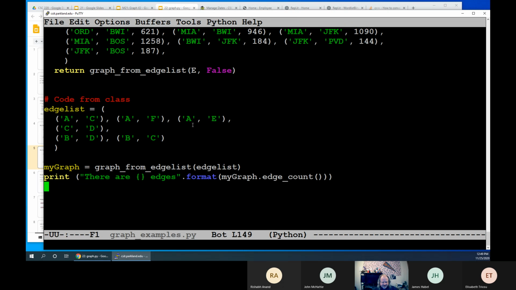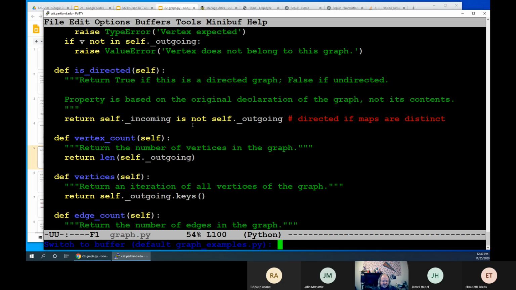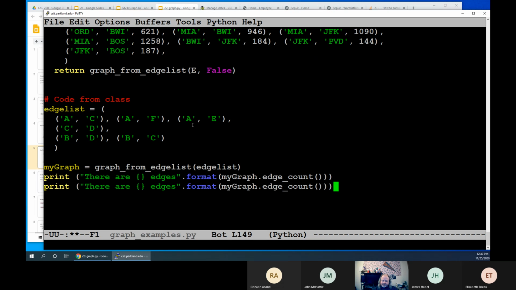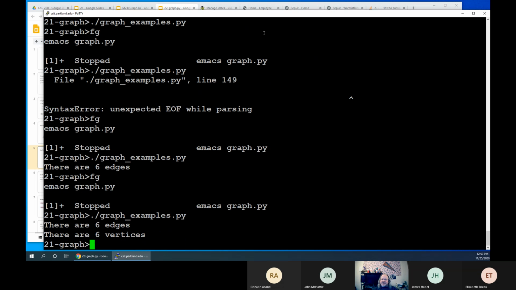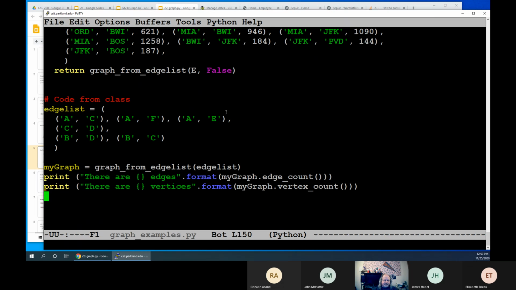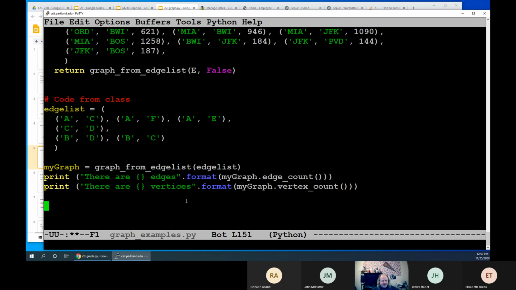Is there a vertex count? Yes, there's a vertex count. It's vertices, not vertexes. Some people get very upset about that. Not me. I don't care. 6 vertices? Is that correct? Let's go look at our graph. See if it is. Yes. 1, 2, 3, 4, 5, 6. Okay. Now let's traverse